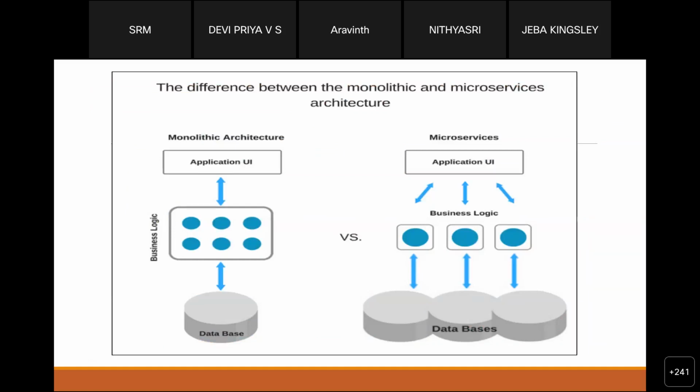So at a glance, we can differentiate between monolithic and microservices like this. In monolithic architecture, we have a single database and a single business logic, which deals with the entire application. It is a singular large computing network with only one code base that covers all of our business concerns. In the case of microservice architecture, we deal with multiple business logic. It is an architecture with independent components, and these components run each application process as a separate service. As a result, if anything happens in any one of the modules, it won't directly affect the other modules.